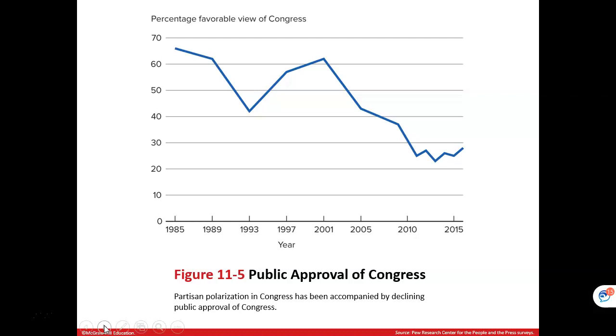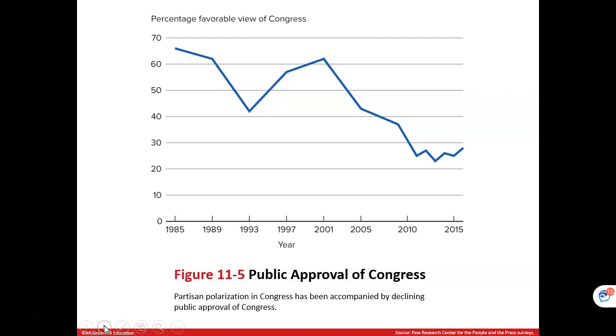It has been a long time since the United States Congress had a very high approval rating. The last time that it was over 60% was in 2001. And I think that may have been Contract with America time. Oh no, 2001. That was when they were first making the decisions about how to deal with what had happened on September 11th. We were pretty unified as a country during that time, but very quickly it fell off.